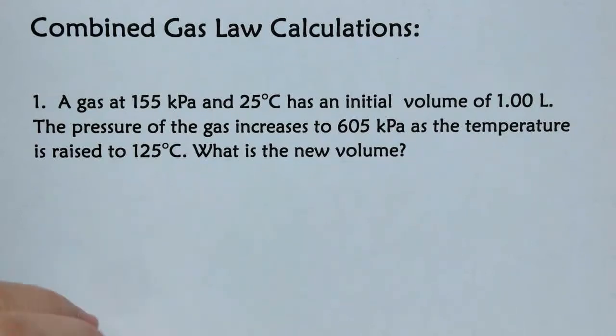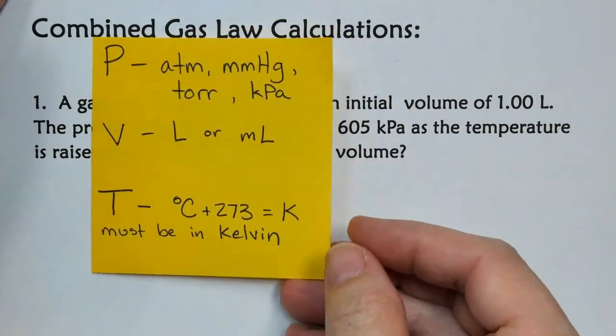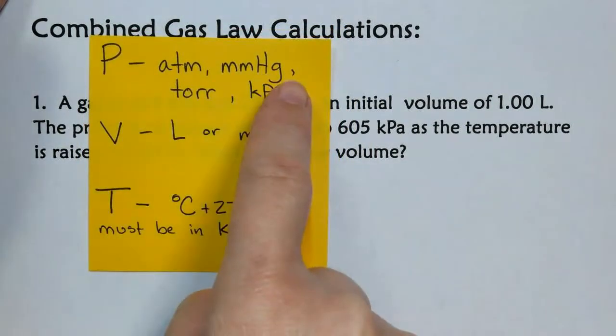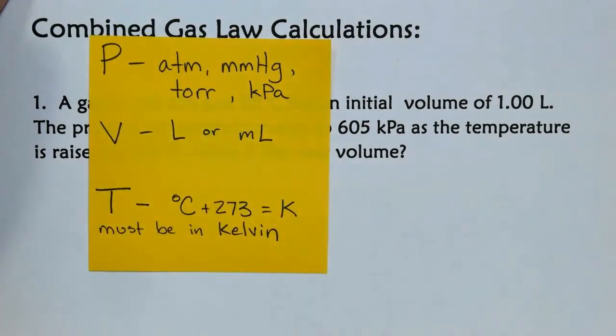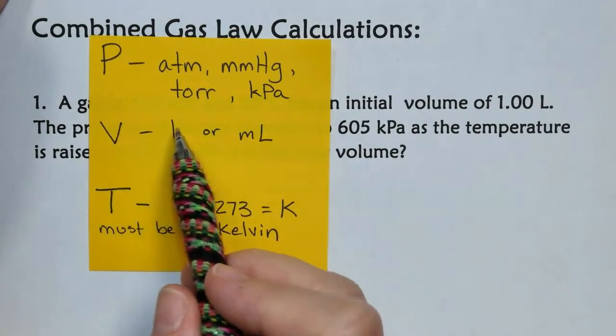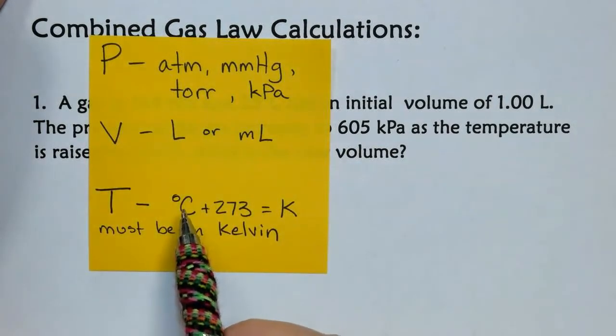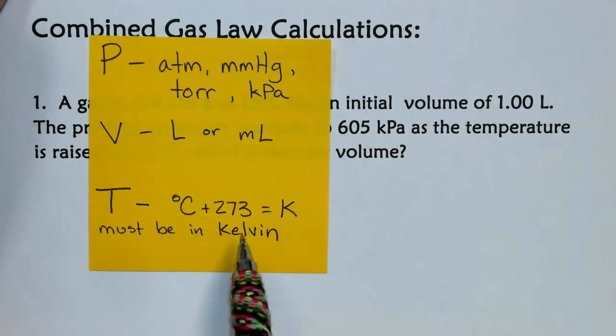Here are a couple of reminders of how to use the combined gas law. First, make sure we are familiar with all of our units. When you see atmospheres, millimeters of mercury, torr, or kilopascals, those are all units of pressure. If you see liters or milliliters, those are units of volume. And if you see degrees Celsius, it must be in Kelvin, so we're going to add 273 to turn it